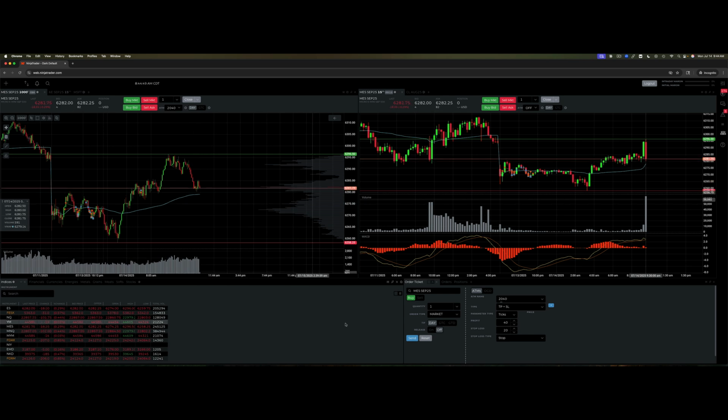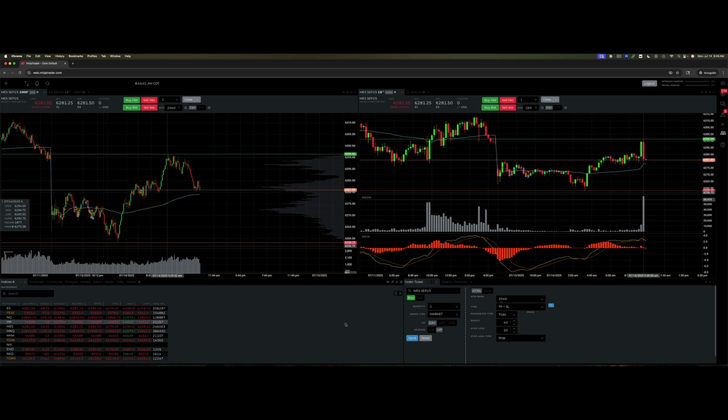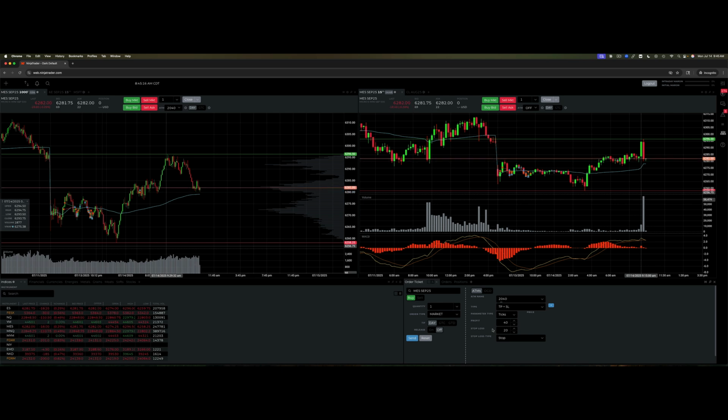I'm trying to be very mechanical because I don't want to have to think about a lot of things other than the entry. I want to nail the entry and then not do anything else. So I have kind of these automated trades. Once I enter, there'll be a stop loss 40 ticks away and a take profit 40 away, and then that'll kind of be that. So I'm actually gonna hit